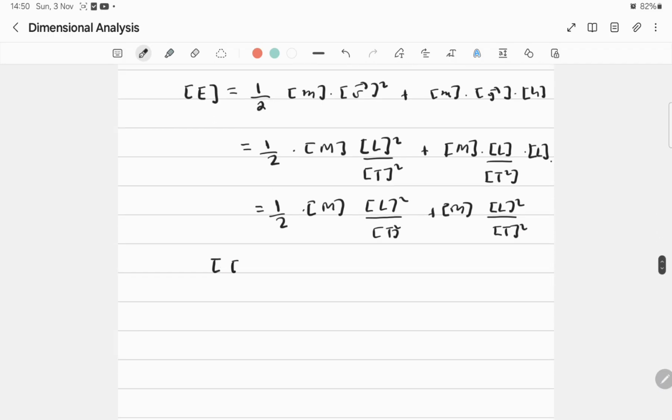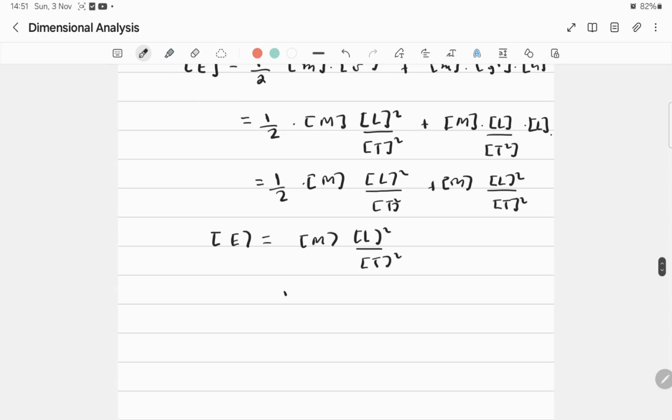So the dimensions of A is m L squared t squared, or kilograms times meter squared